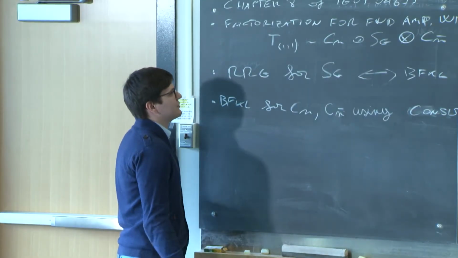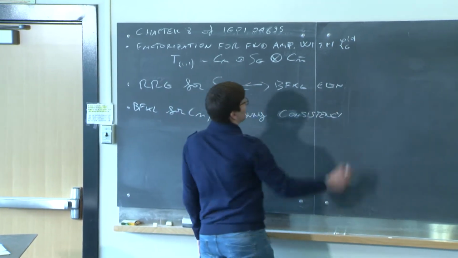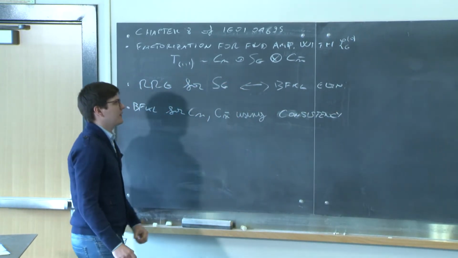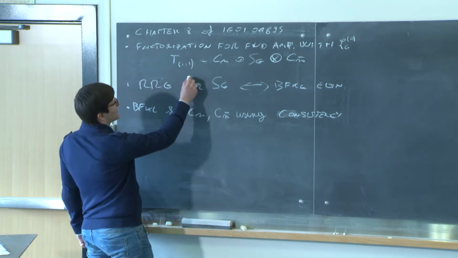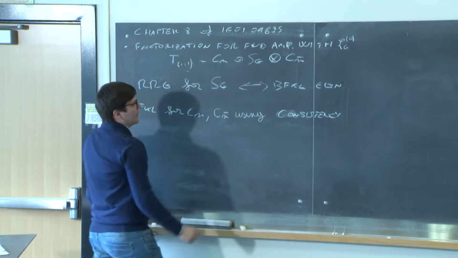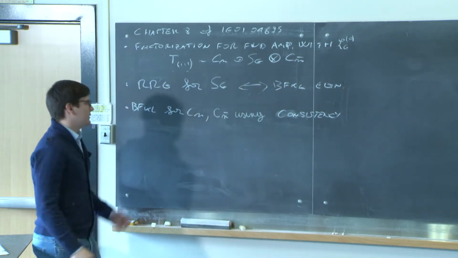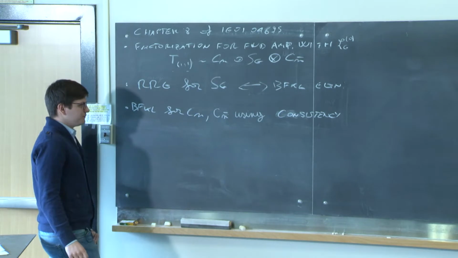Make a factorization theorem for the forward scattering amplitude using perturbative insertion of the Glauber Lagrangian, and we're going to derive a factorization theorem of the following form, where the forward scattering amplitude is going to be a convolution of a soft piece and two collinear pieces in the n and the n bar direction.